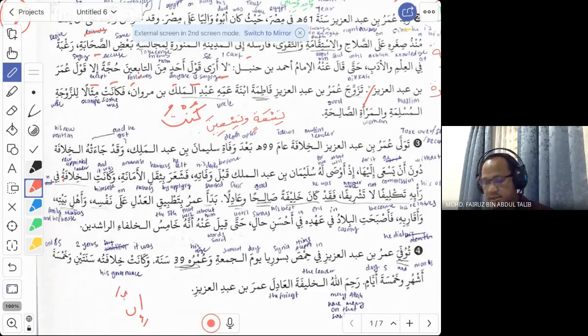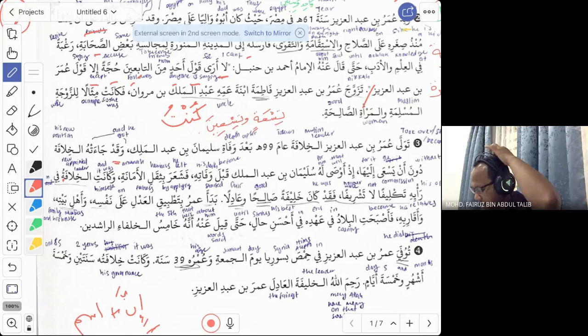Okay, and yesterday we have learned maf'ul mutlaq to emphasize as well. So these are the ways that you can do emphasis in Lugha Arabiya. So here qad is similar to inna, but the difference is that inna is used with a noun, isim. For example, you say innal walad, indeed the boy. But with the word qad, we use it with fi'l madi. So you say qad ja'a, indeed it has come to. So that is the meaning of qad.